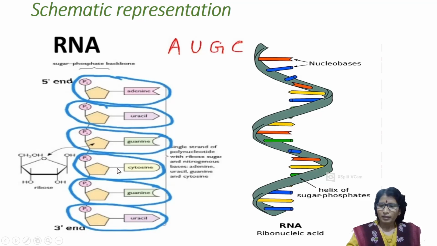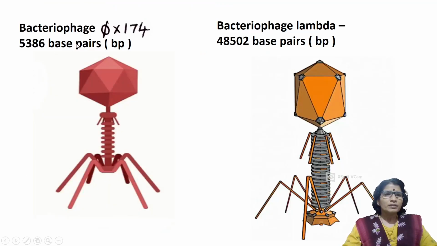In this way, due to joining of many nucleotides, polynucleotide chain formation takes place. The number of base pairs in bacteriophage phi X 174 — this is the name of the bacteriophage — in this, the number of base pairs, short form BP, is 5386. This is the diagram of bacteriophage phi X 174. Already I taught you the number of base pairs depends on the size of the living organism and their